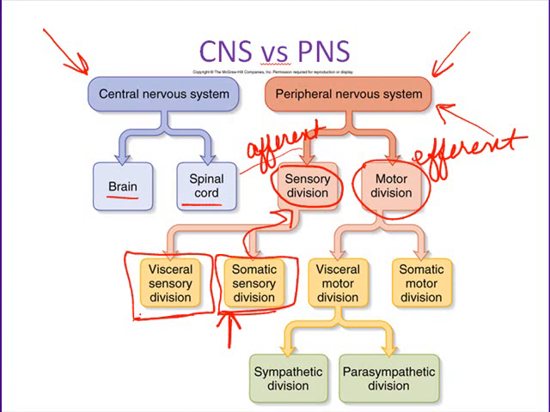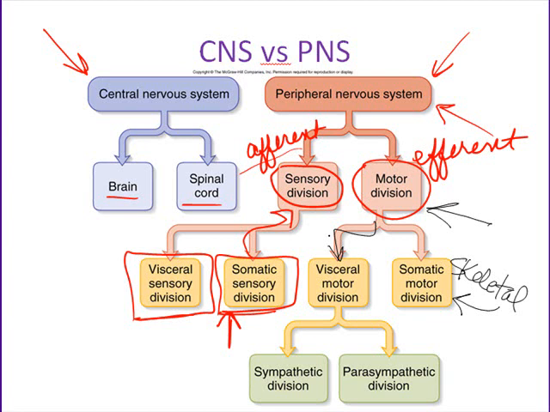Now over here on the motor division, or the efferent division, we have two places that we can send outgoing signals to, and they happen to be the same two places from which we received information. They include the somatic motor division, and this is where we send information out to skeletal muscle to tell them to contract, and that's typically under voluntary control. Or we can send outgoing signals to the visceral motor division. This is to our internal organs, things like smooth muscle tissue, cardiac tissue, glands, for the promotion of secretions, etc. And this is typically not under conscious control. It tends to be